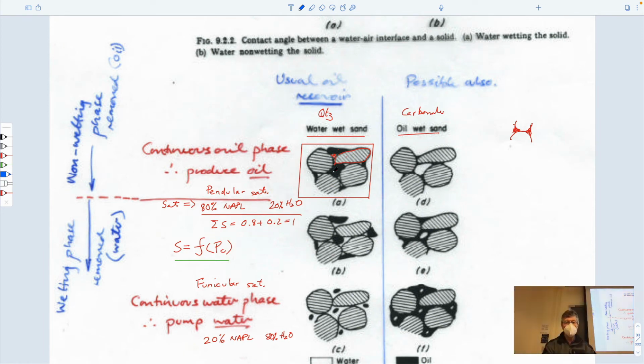This is the water wet sand. This would be 80% filled with black NAPL and irreducible saturation of water. The red stuff here would be water at 20%, 30% I think we said, and oil at 70%. As you push out, the black stuff would be air in our particular case. And as you reduce the amount of air that's present within the system to get back to 100%, you're left with some bubbles of air or oil within the system, which are, so if you look at this figure that we had before,